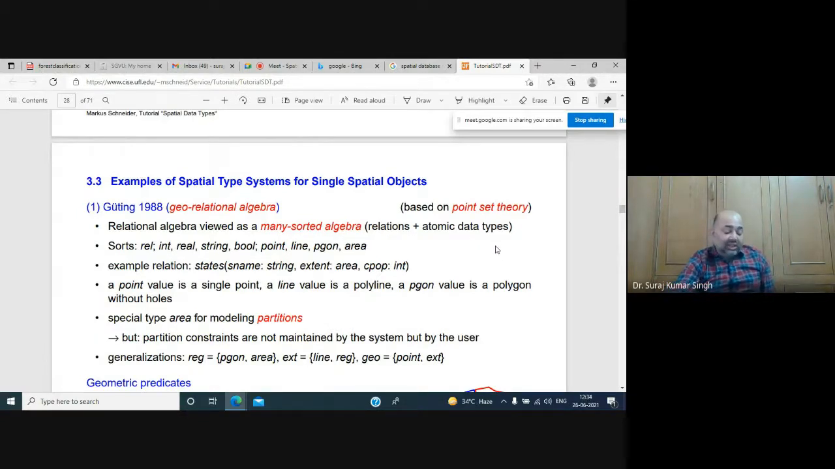So what are the kinds of data sets that can be sorted? One is integral data, real data, string data, point data, line data, polygon data, area. Then examples of relation, that is states. You'll be writing the state name as a string, extension as area, and population as integer. A point value is a single point, a line value is a polyline, and a polygon value is a polygon